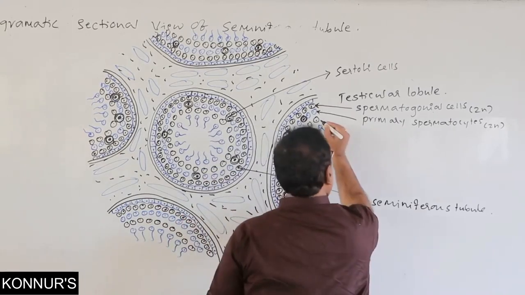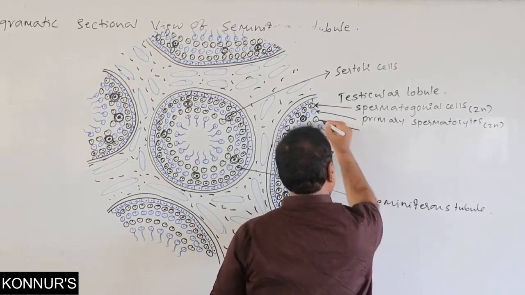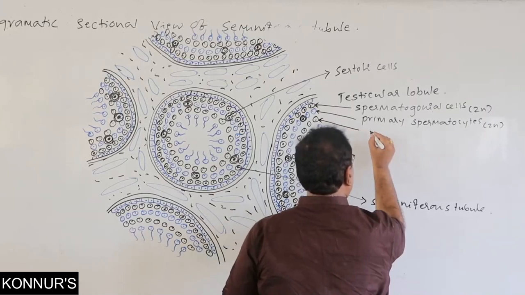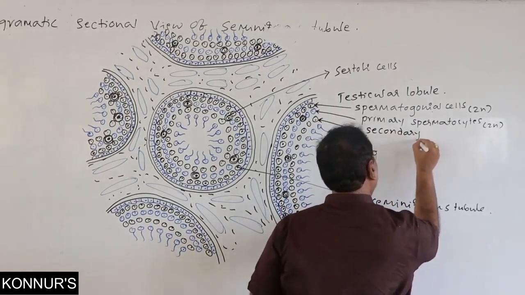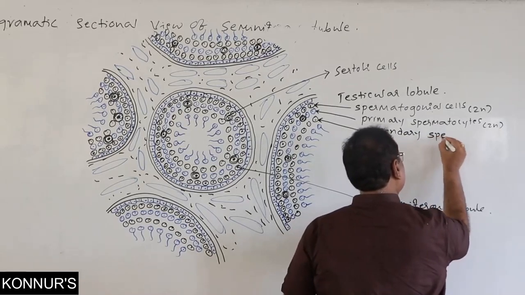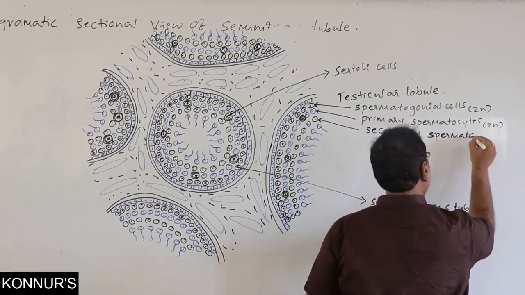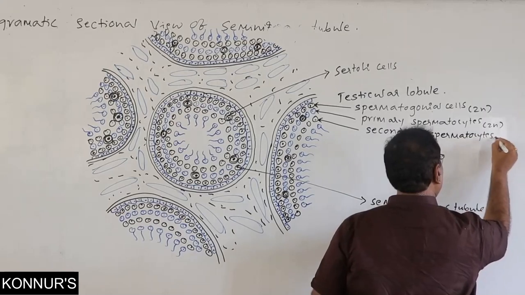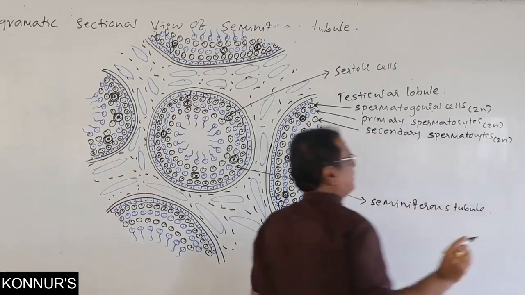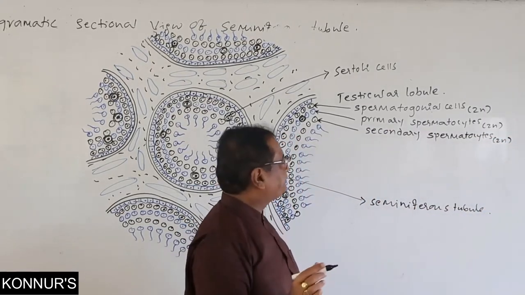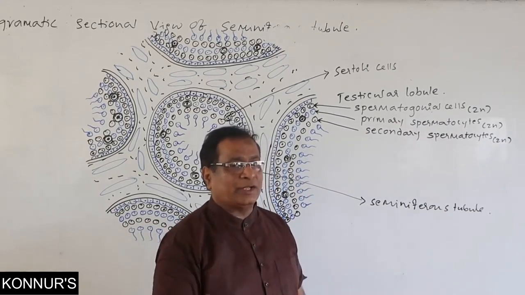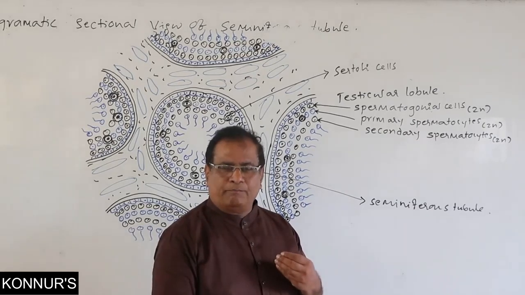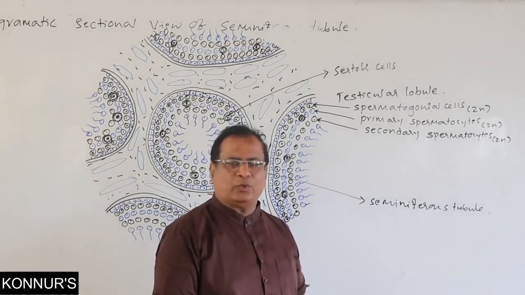From this, the next generation of cells in the seminiferous tubules are secondary spermatocytes. And these secondary spermatocytes undergo meiosis second, leading to the formation of